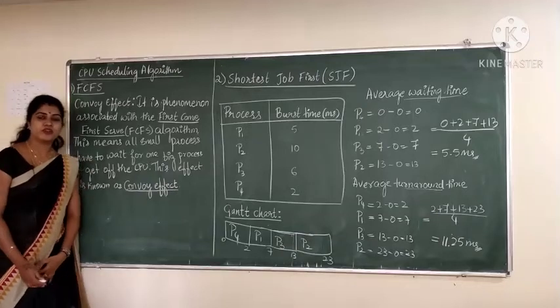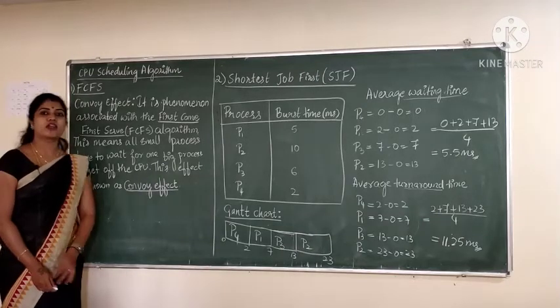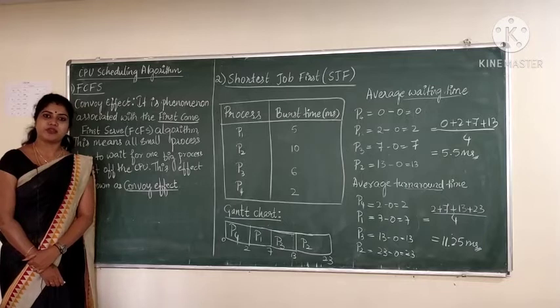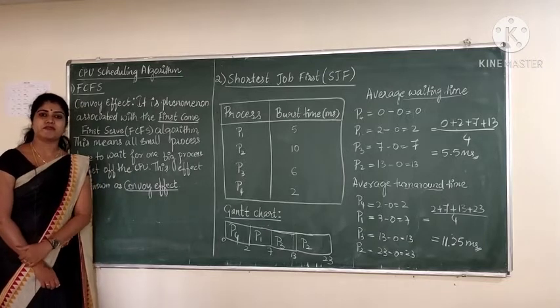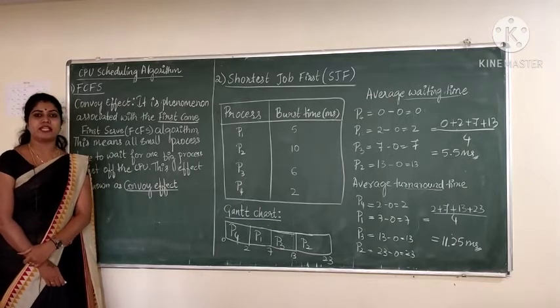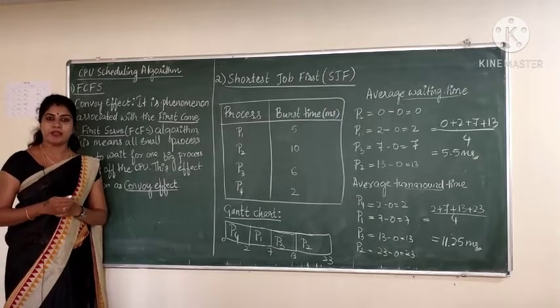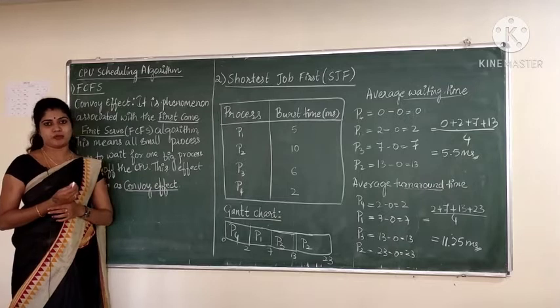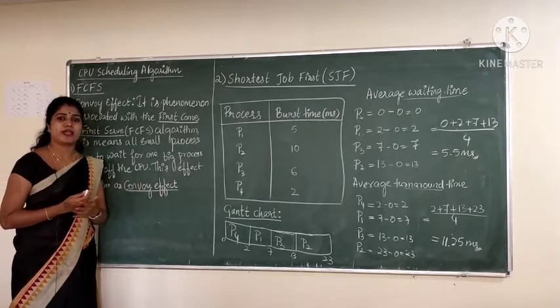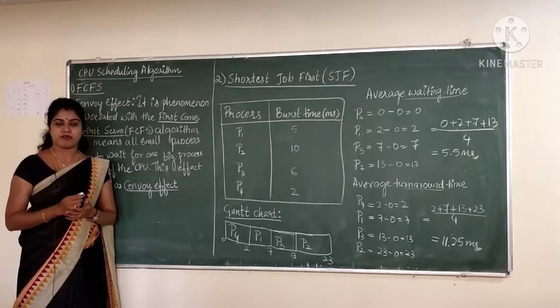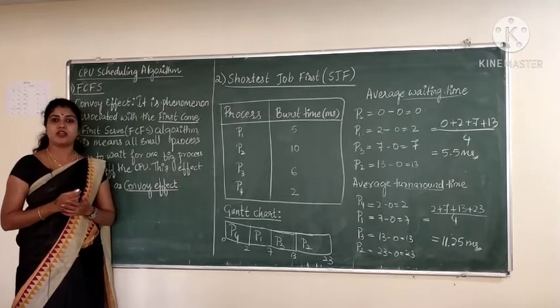Good morning students. Today the topic is CPU scheduling algorithms, which is a continuation of a previous video, where I explained what the first come first serve scheduling algorithm is with an example. There I told how to calculate average waiting time, average turnaround time, and average response time. Before going to the second one, which is called shortest job first, shortly called the SJF scheduling algorithm,